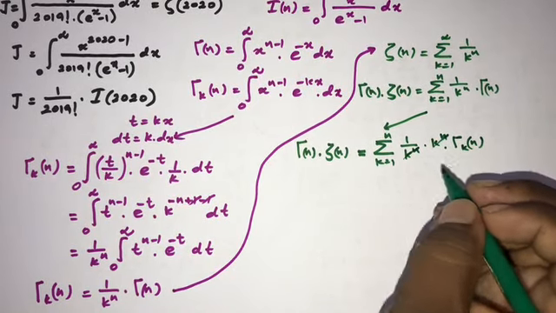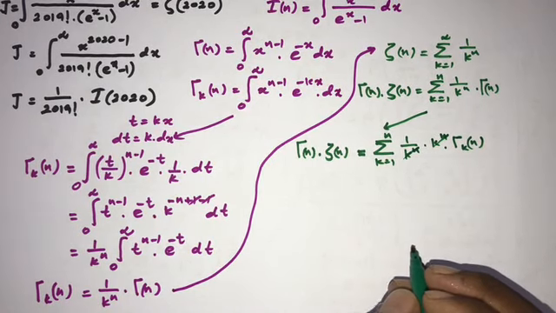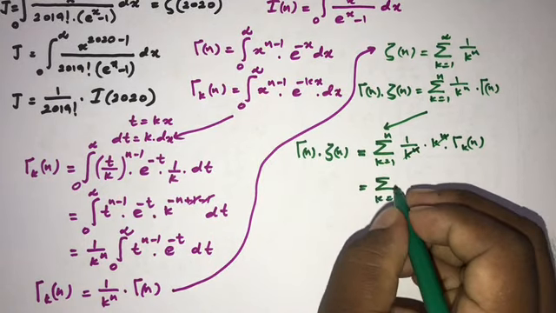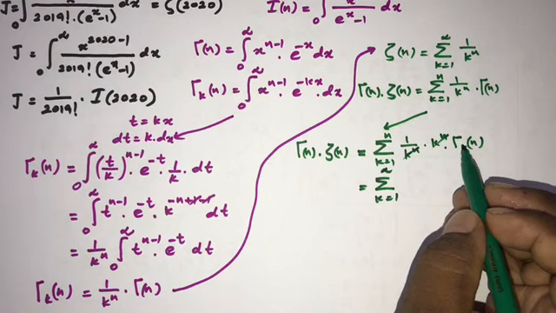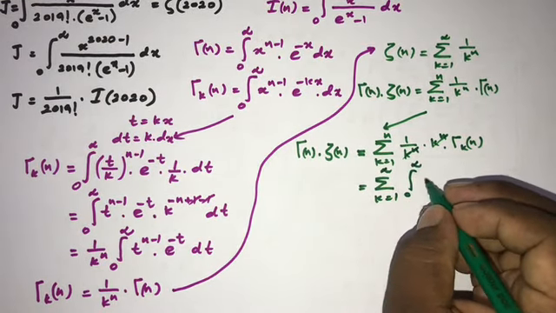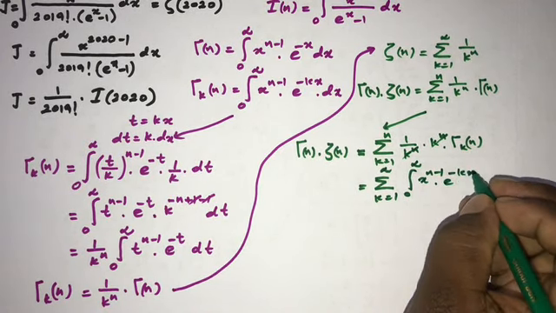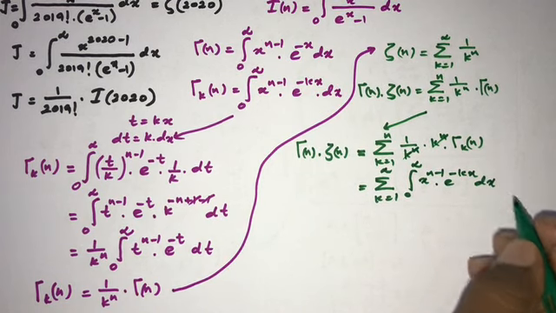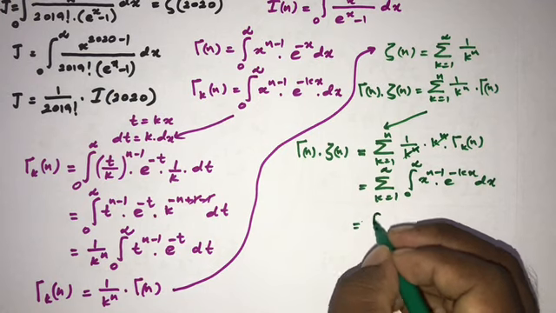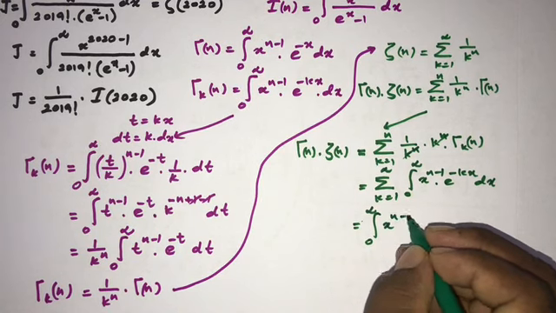Now k to the n cancels, and we can write this is equal to the sum from k equals 1 to infinity of gamma k of n, which is the integral from 0 to infinity of x to the n minus 1 e to the minus kx dx, and then this is equal to the integral from 0 to infinity of x to the n minus 1